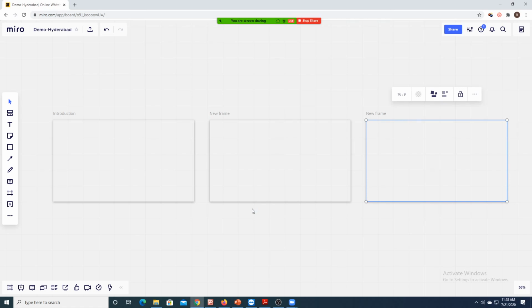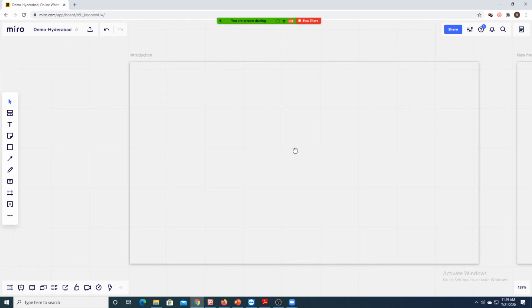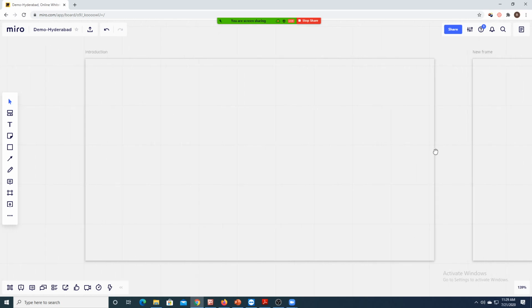Why am I telling the number? Because as I told you, you can download this entire thing as a PDF at the end of the session. So 25 I have tested. I guess you can do many more. Okay, so for our understanding, three frames are more than sufficient. Moving from frame to frame is very simple. Just hold it and then go next. That's all. Okay, when you're explaining to your students.